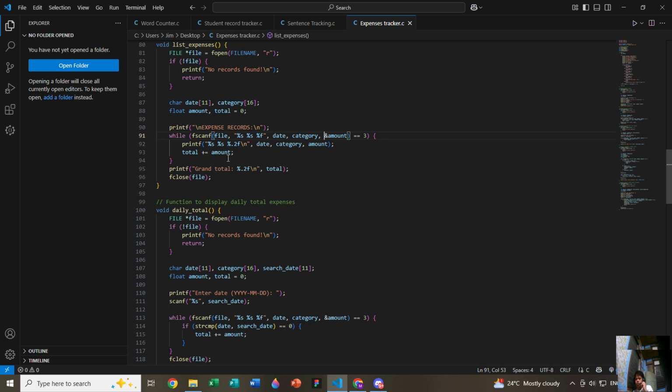So this will be mainly used to display all expenses sequentially.